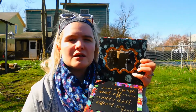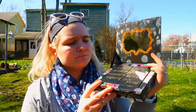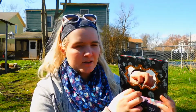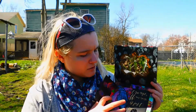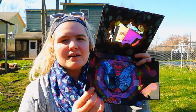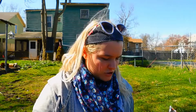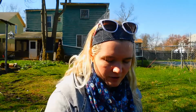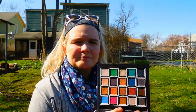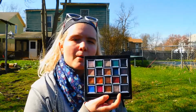So this is what the inside looks like, and I also did a review on this as well. I'm just gonna take out the eyeshadow shades because I don't want them to fall. But yeah, you literally open this up, and it's the butterfly, which I absolutely love. And of course the unique eyeshadow shades, sorry, I'm not trying to blind you guys, that are in this eyeshadow